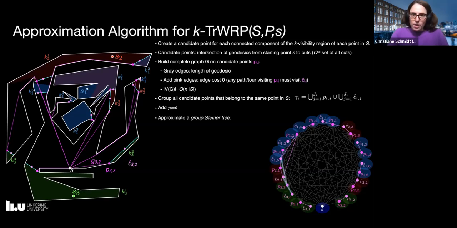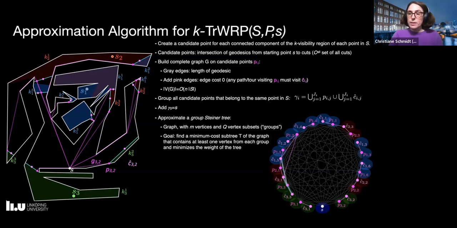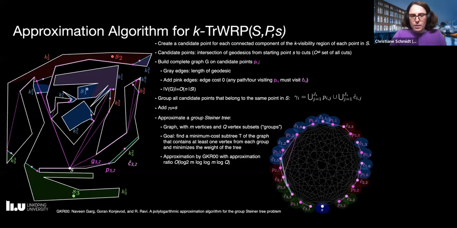And what do we do then? We approximate a group Steiner tree. So what's a group Steiner tree? We're given a graph with m vertices, and you have q vertex subsets, which are called groups. The task is then to find a minimum cost subtree of the graph that contains at least one vertex from each group and minimizes the weight of the tree. And for that, Garg et al. presented a log squared m log m log q approximation. And so if we do that,